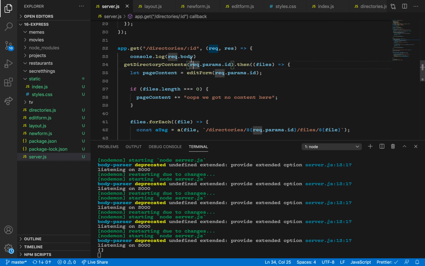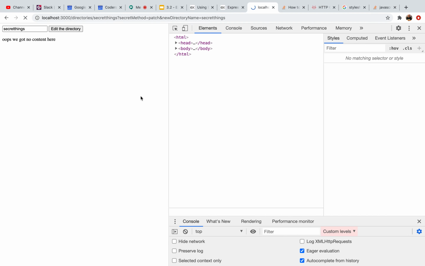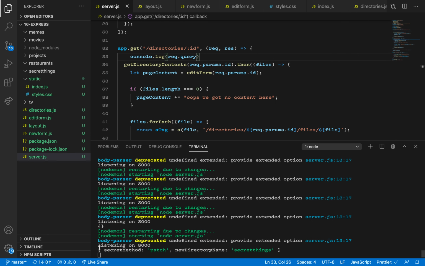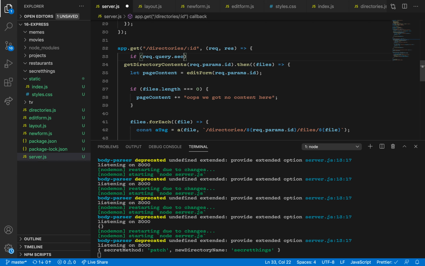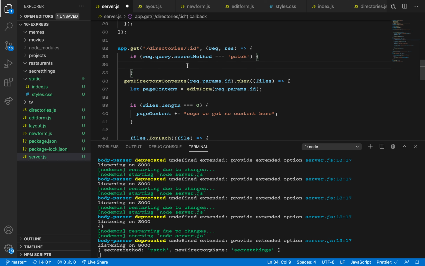Secret method is patch, but actually that is in the query string, so let's look at the query. Okay, secret method patch. So if request.query.secret method, well, just if it's patch, let's say, then